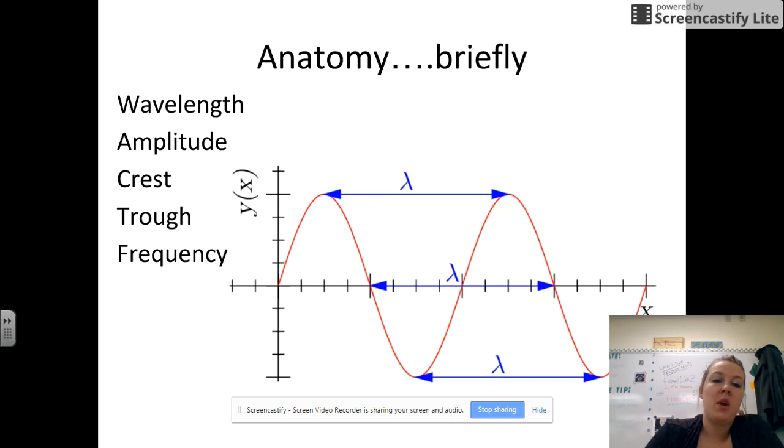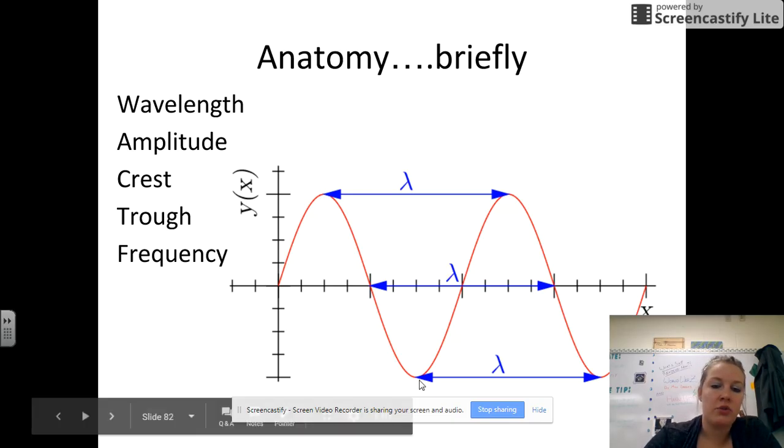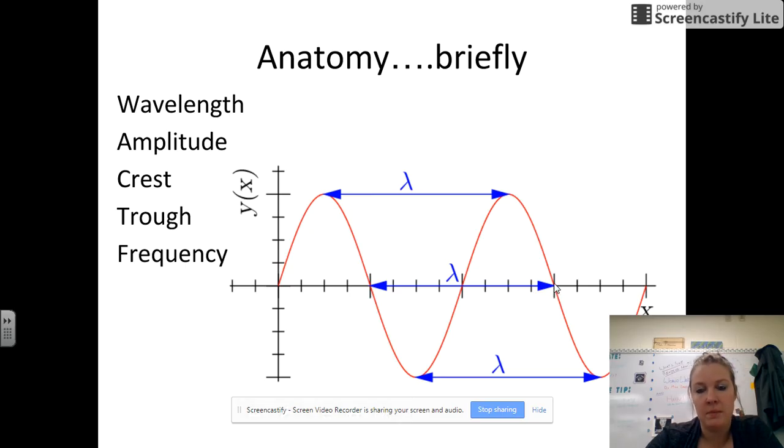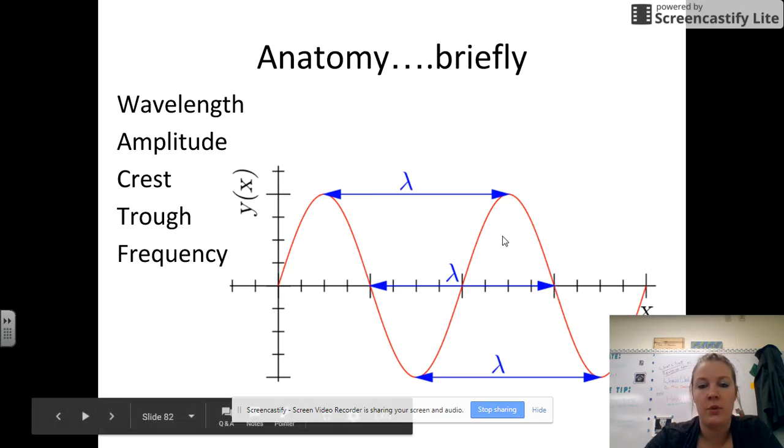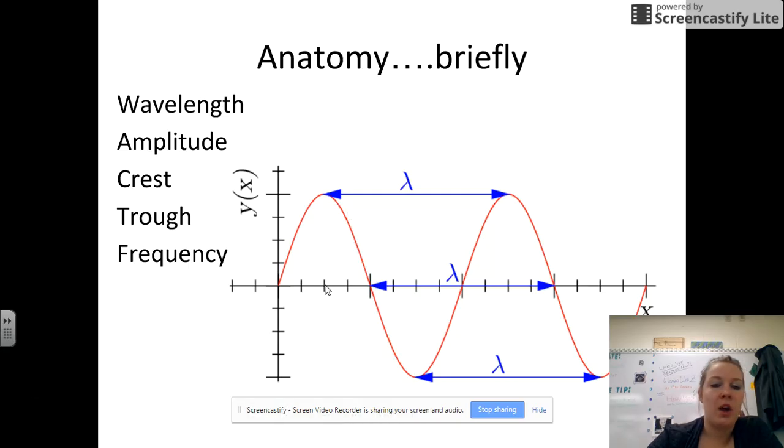So the anatomy of a wave: the crest is this tippy top portion here. The trough is this very bottom portion here. One wavelength is from crest to crest, or trough to trough, or from equilibrium to the next equilibrium. So that contains one trough and one full crest. An amplitude is from equilibrium, which is the center of the wave, to the top, the crest, or